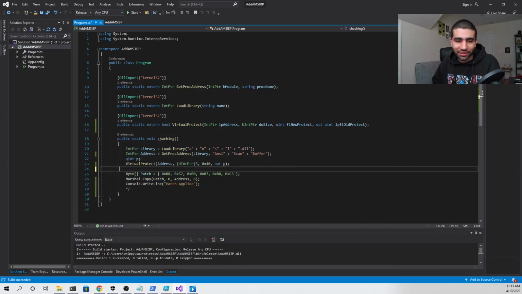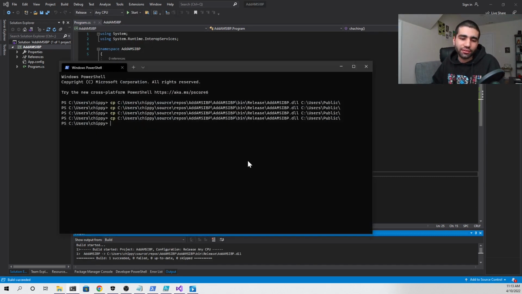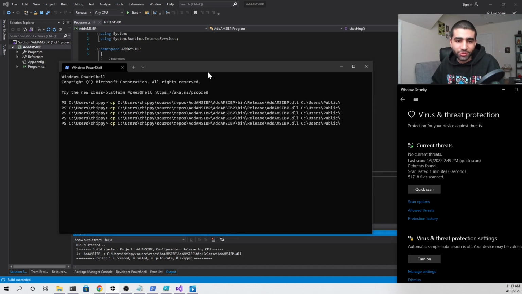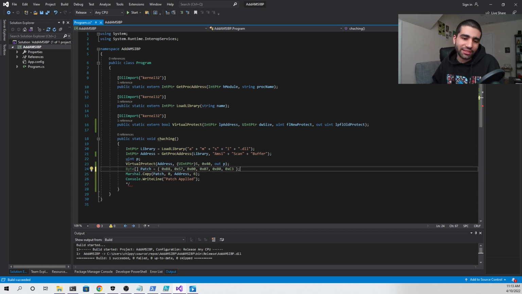I'm going to speed it up a little bit now by just leaving out our last line, or rather our last two lines. Building, going back to our terminal, copying it, still doesn't get detected. So we know it's something here that's triggering the signature for the antivirus. So it's probably not this Console.ReadLine. So we'll just try commenting out the Marshal.Copy,